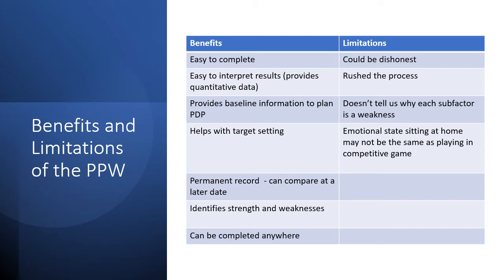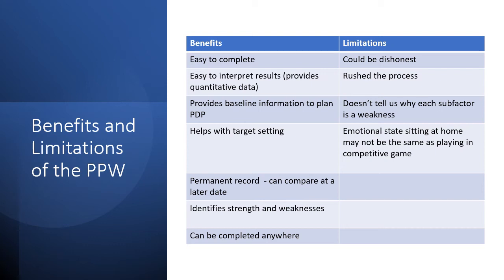It is a permanent record, it's a bit of paper, so basically you can always refer back to this. So when you retest throughout your training programme, you can compare the information at a later date to see if you've improved, and if you've not improved, perhaps making the appropriate adaptations to your PDP. It also identifies your strengths and weaknesses, so you can clearly see which ones that you have